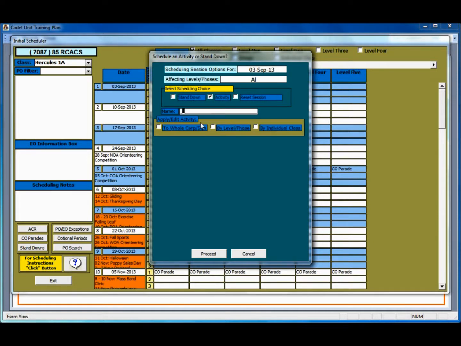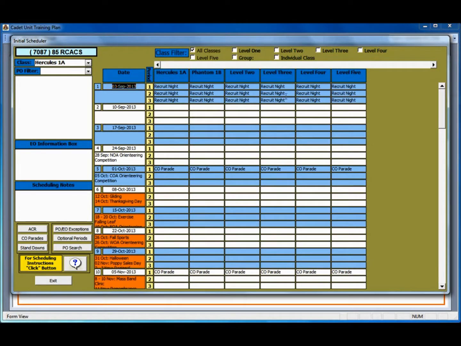I create a name for my activity. In this case it's going to be recruit night, and then we indicate who's going to be participating in this, and we'll get choices for periods as well. In this case, it's going to apply across the whole unit, and it's going to affect all 3 periods. I hit proceed, and you can see that time is now blocked off, so I won't be scheduling any other